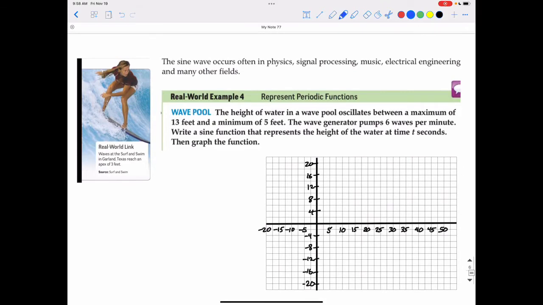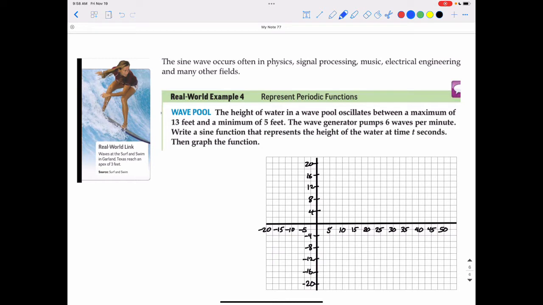Sine waves occur often in physics, signal processing, music, electrical engineering, and many other fields. You've heard of the term sound waves because sound vibrates and makes waves. Of course, waves are in the ocean. Electrical engineering, electrical waves. So anything that oscillates, especially things that oscillate very quickly, can use trig functions to mathematically